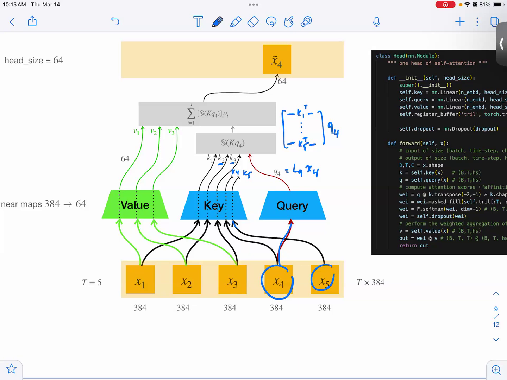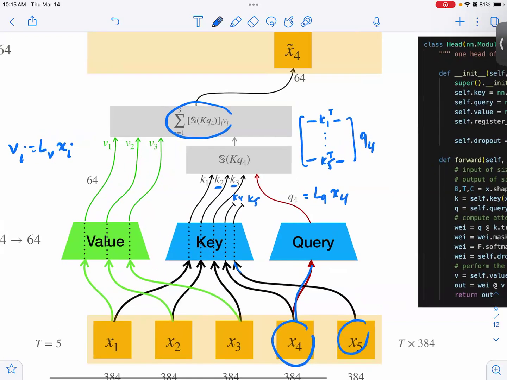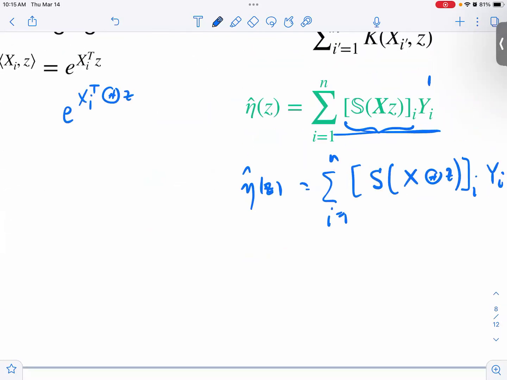So each one of them passes its position through a linear map, which let's call L value if you want. So the Vi's are L value of Xi. So each position produces basically a value vector, a key vector, and a query. And you compare the query to each key, and this defines the weights that you want to use to average these values. Okay, so this is the final formula, and you can see it's very similar to this. If you think of the yi's as basically, this would be a query of